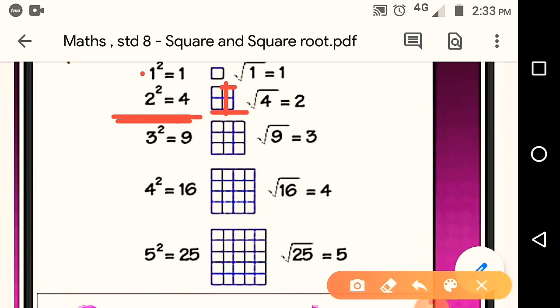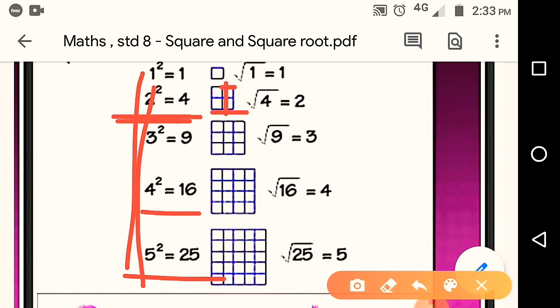So these are all square numbers. 4 को 2 times करेंगे तो 16 आएगा. 5 को 2 times करेंगे तो 25 आएगा. So 5 को 2 times means this way also 5 and this way also 5. 5 by 5 squares आपको लेना है. So total 25 squares are there. So this way also we can represent. Now here 4 square मतलब 4 को 2 times करेंगे तो 16 आएगा. तो ये जो answer है 16, that is called square.